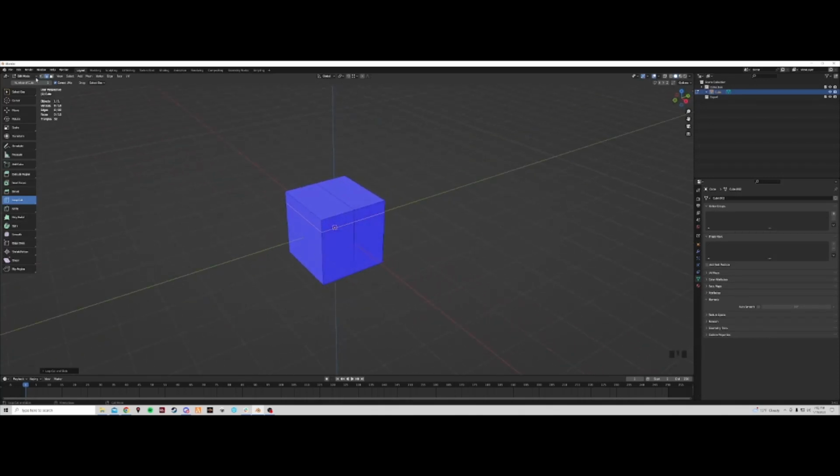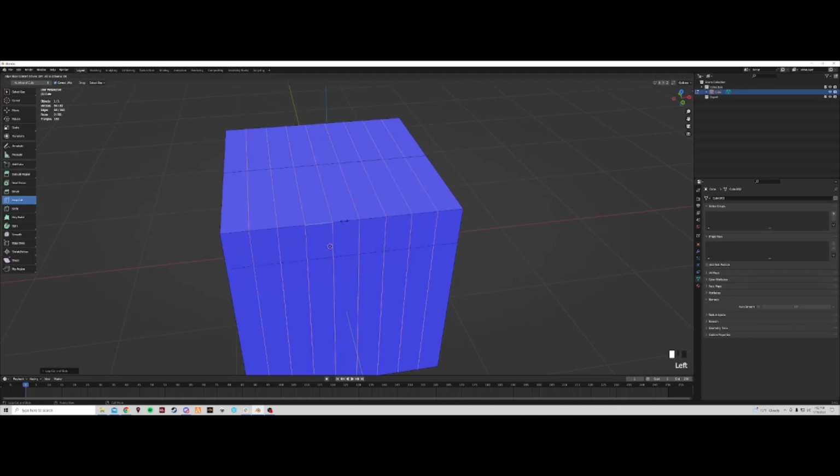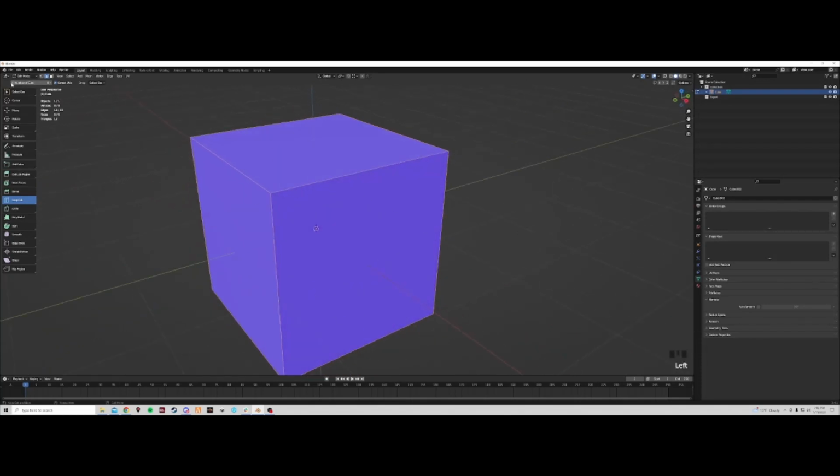Now, one other thing you can do is you can change, with this tool selected, right here, we'll say number of cuts. You can say, I want 8 cuts. Wherever you go to cut, it adds 8 cuts immediately. Now, another thing you can do is, if you don't know how many cuts you want, stick with 1. Okay? As long as you don't do anything else after placing this,